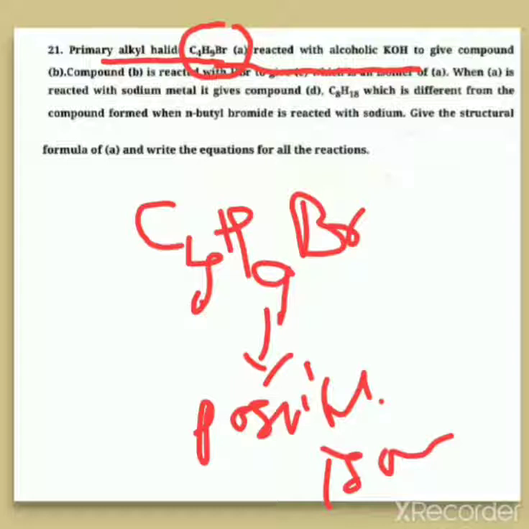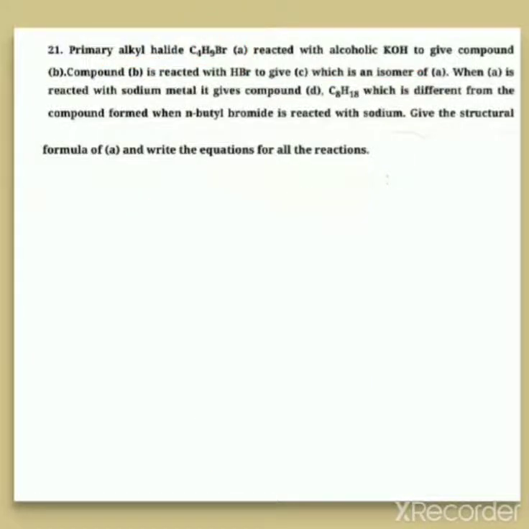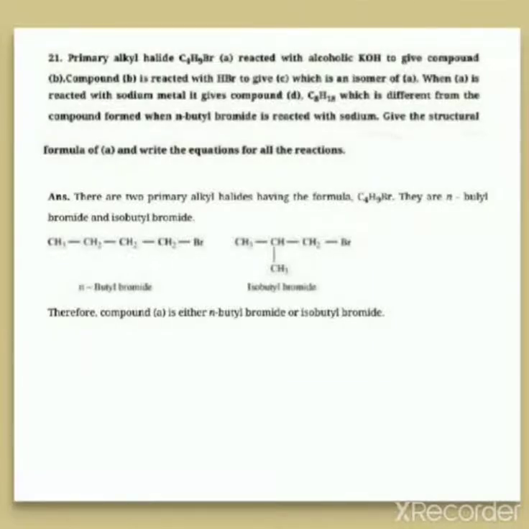As I told you, practice on the isomers. So make the possible isomers for this. We get isomers like this. We get two isomers, which are n-butyl bromide and isobutyl bromide. Again, there is a possibility of one more. So these two are taken. From these you have to check all the possibilities.